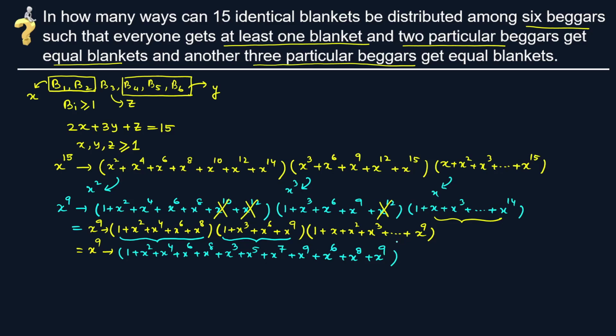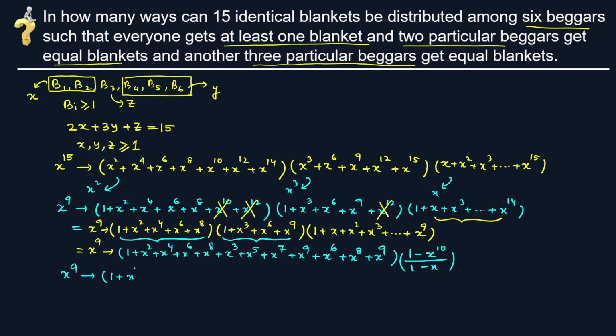The other terms I have not written. You people can understand why it is so, because this is exceeding x to the power 9. Now, this is in GP, so I can write this thing as 1 minus x to the power 10 divided by 1 minus x. So we need x to the power 9 in the expansion of